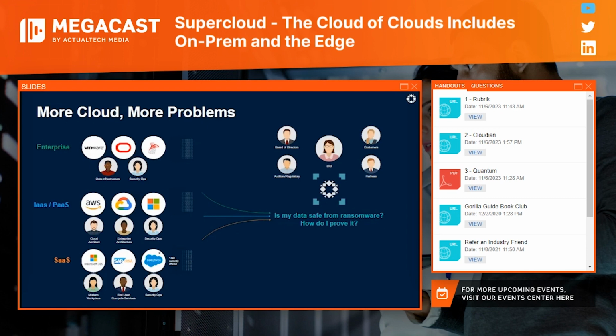So stepping back for a second, what about cloud in general? I know a lot of the reason you're here and listening is because you're well into that journey into the cloud, and we've seen that across the board. If we look at it from Rubrik's perspective, which is data protection first, and then data security layered on top of that as part of data protection, what it means is some significant challenges.